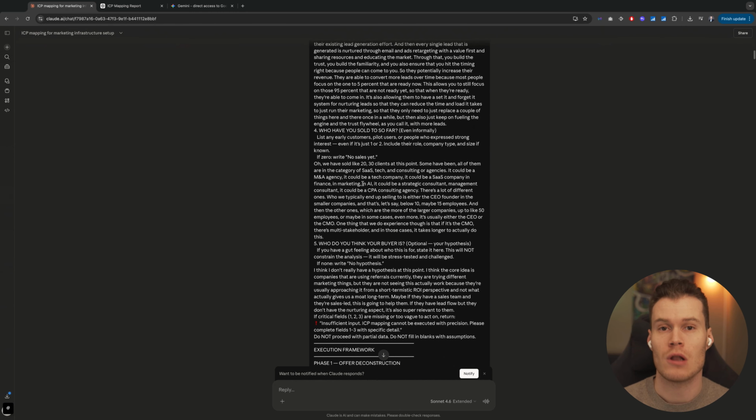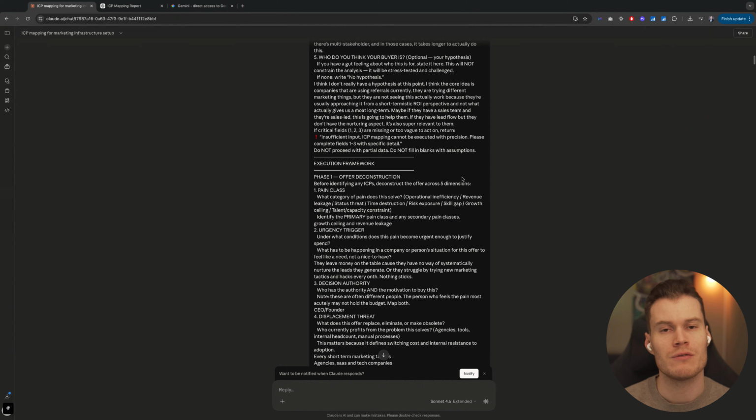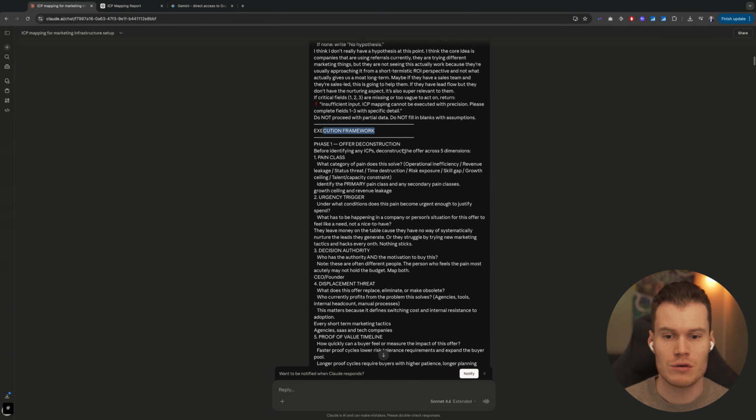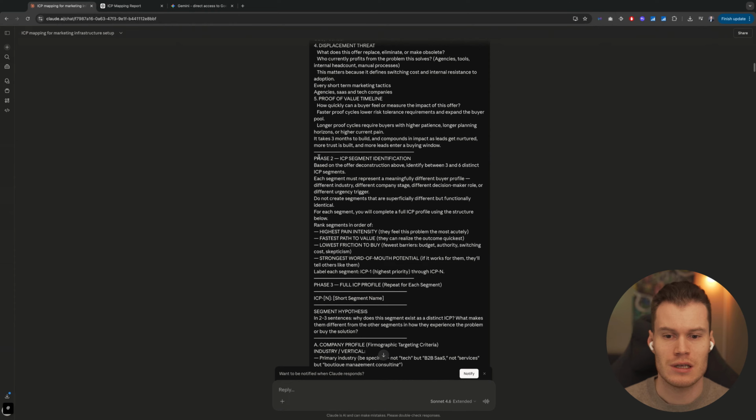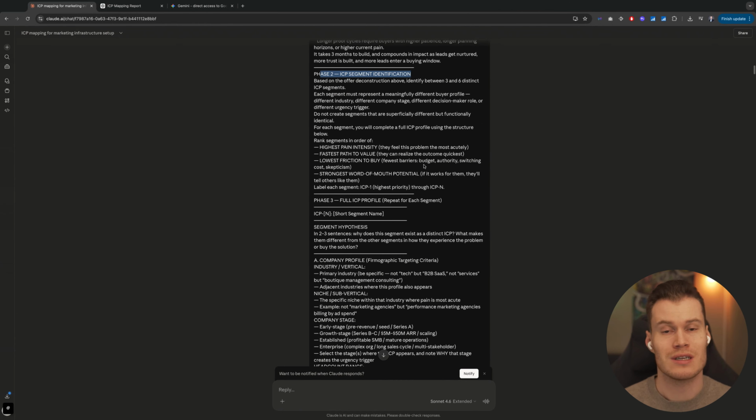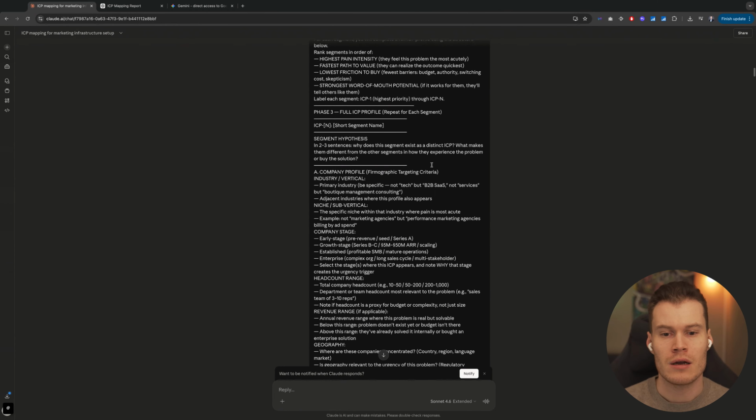And the prompt is long. And this is where you might see our prompts be a bit different from what everyone else talks about, because we have a really specific way of breaking down a prompt to actually make it do what we want it to do. So you're going to see an execution framework section. You are going to see the phases it goes through in its internal reasoning,